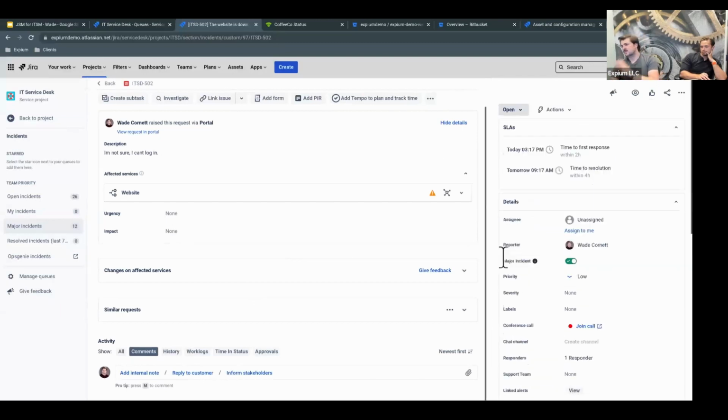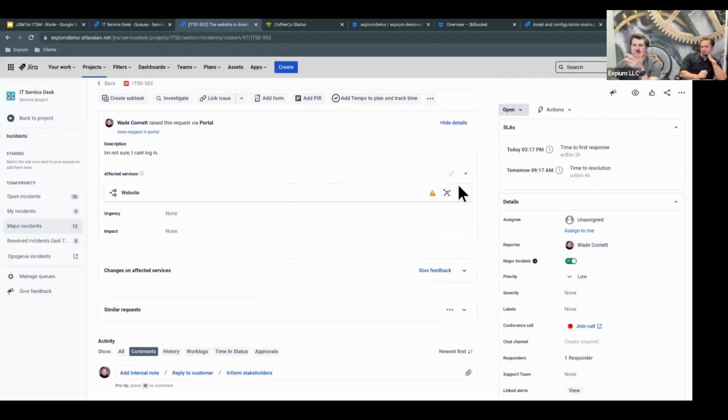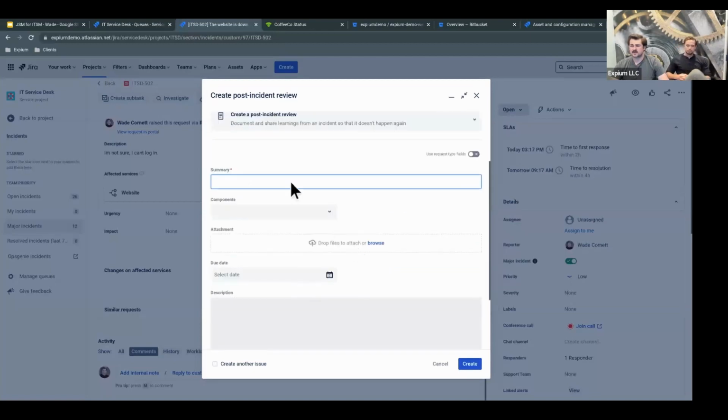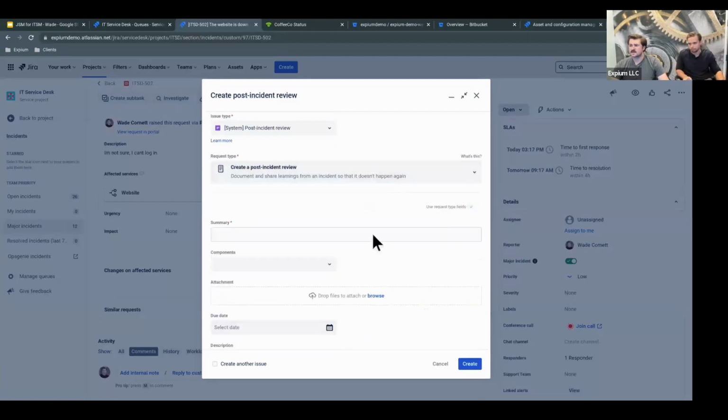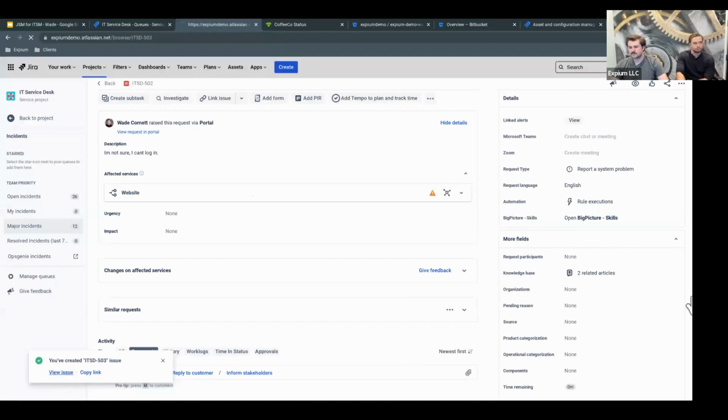Now, let's say that we've identified the potential cause of this ticket. We go in, resolve it. Wonderful. Now it's time to add our post-incident reviews. So up here at the top, I can click Add PIR. And what this does is this automatically pulls up this create screen for my post-incident reviews. And I can add my summary and my description for my post-incident reviews. And if I create this,